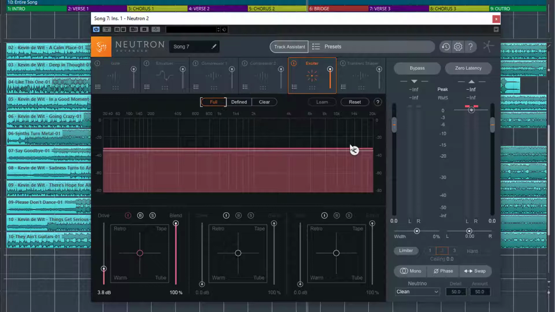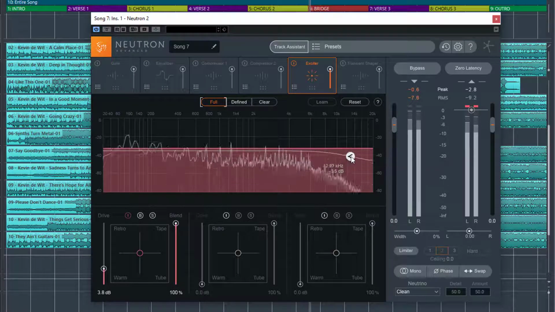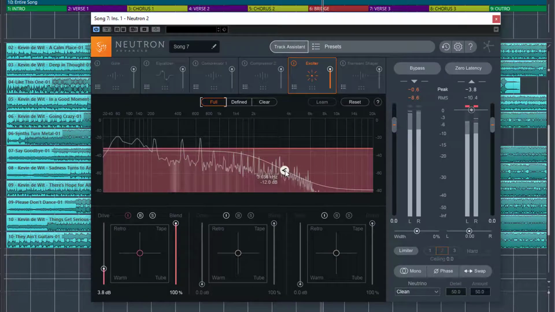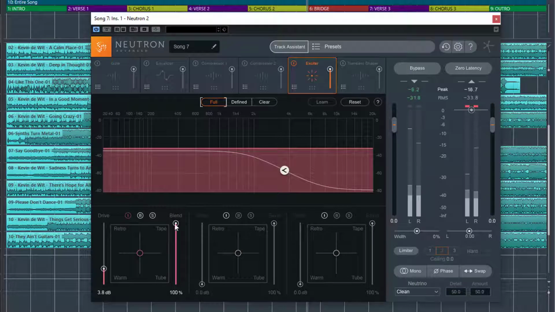But we'll leave it at full and let's just have a listen to the shelf here. So obviously because we've got this fully wet and this is applied to the wet, we are affecting the entire song with this shelf. But if we were to blend,